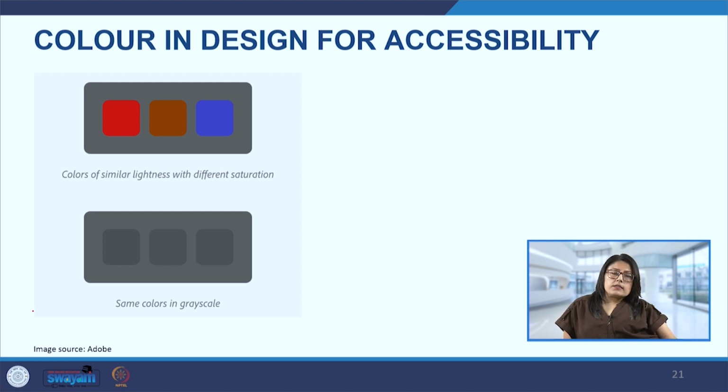Then there are certain colors that have to be avoided when they are paired with some other colors. Red and green, for example, need to be avoided. The reason being that people who are color blind are unable to differentiate between the colors red and green. There are other colors also, and different types of color blindness, but red-green is a very common color blindness, so these combinations should be avoided. Also, blue and yellow should be avoided.